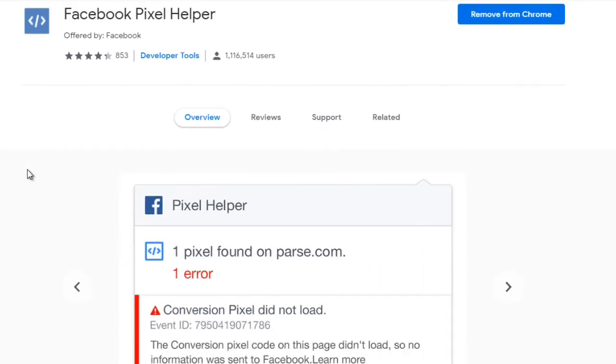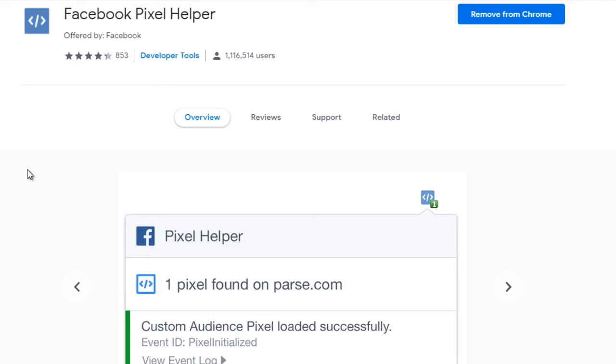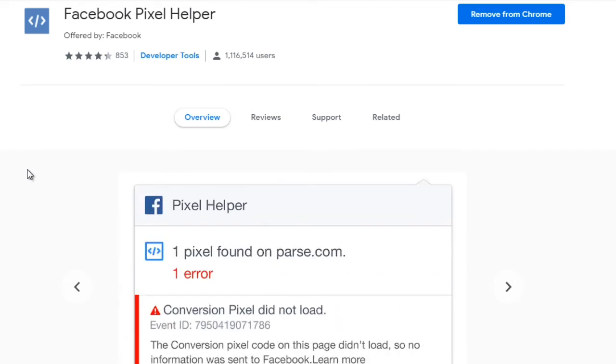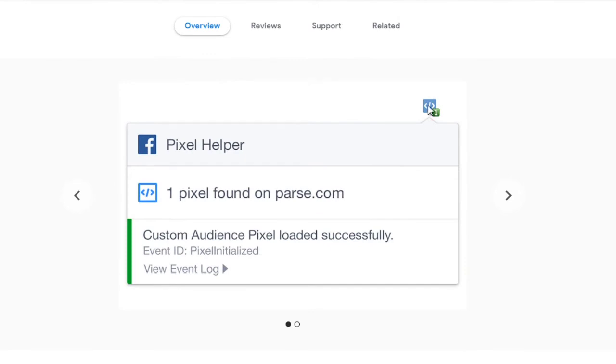And if you're using other things like Safari or Firefox, you can probably Google Facebook Pixel Firefox or Facebook Pixel Safari. But for Google Chrome, this is what we use. And all you have to do is install it. And as you can see down here, you're going to see this icon. And any web page that you visit in your funnel, if you click that, it should say that the pixel